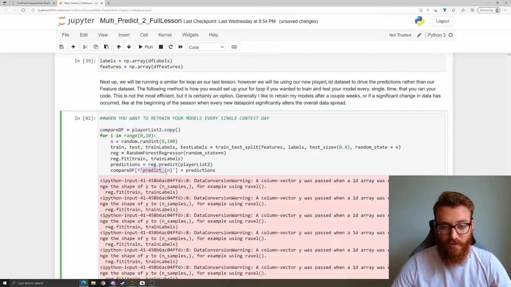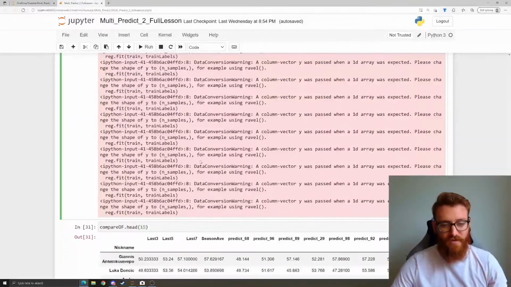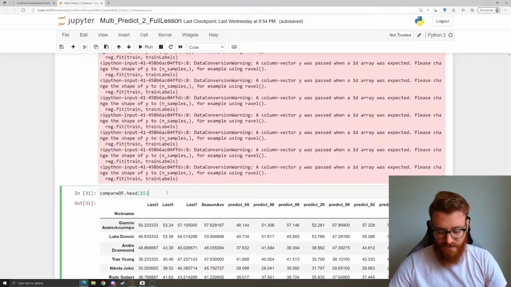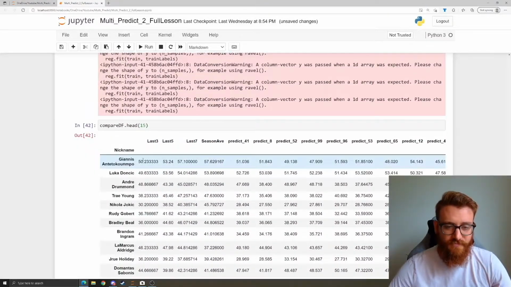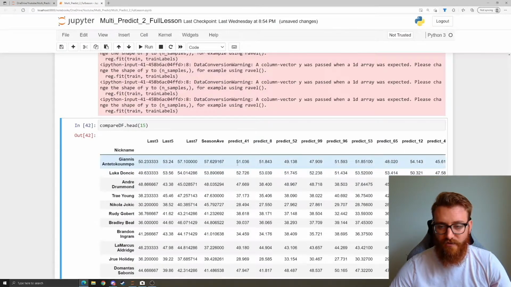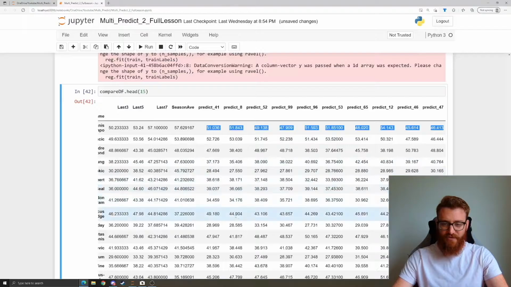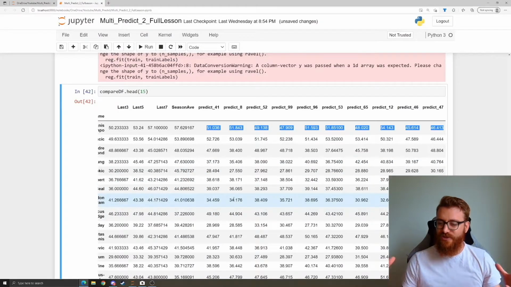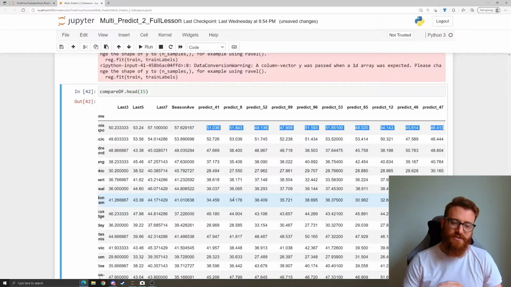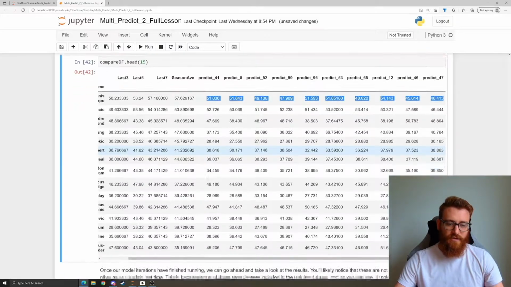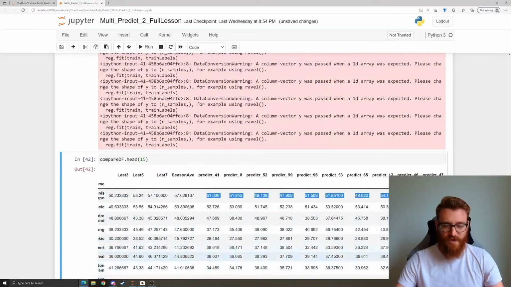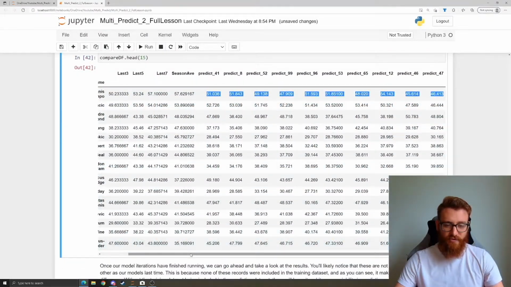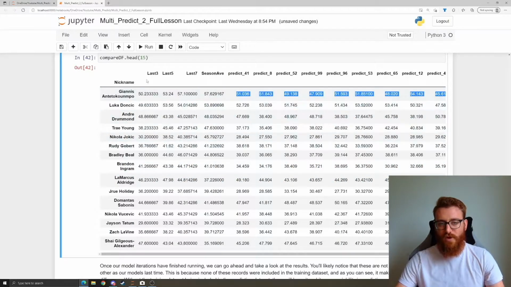And then we're just doing a predict underscore n so we can see the random variable that was fed to it. So now that's done, let's take a look. And now we can see we have last 3, 5, 7 season average and then the varying predictions here. And the degree of variation here is going to vary based on the player and how their stats feed into it. As we've checked several times in the past, we know that this algorithm is going to overwhelmingly favor the